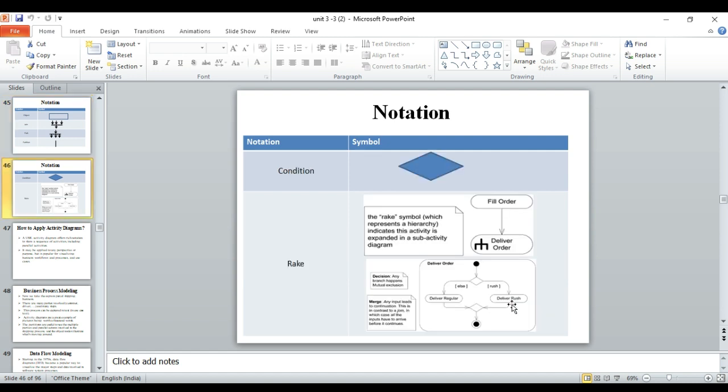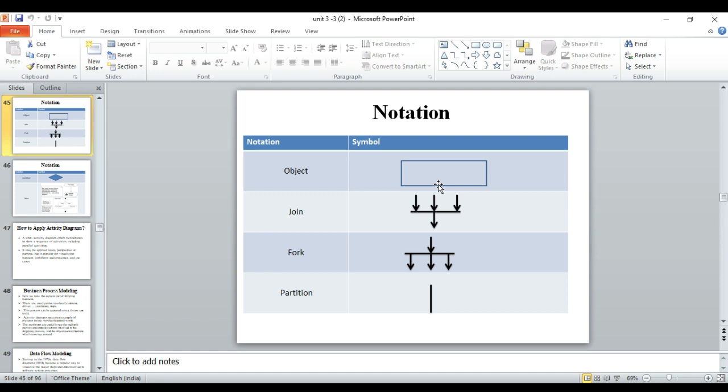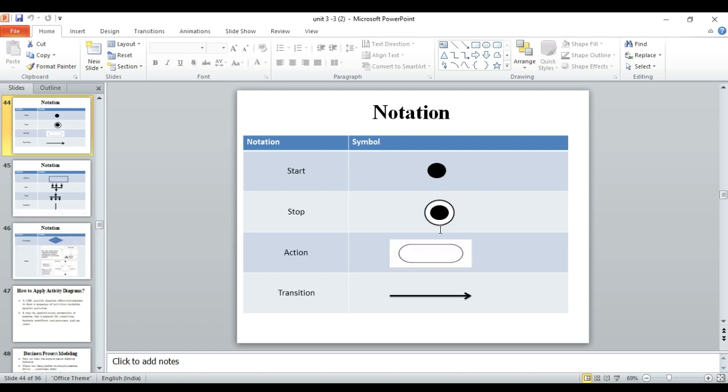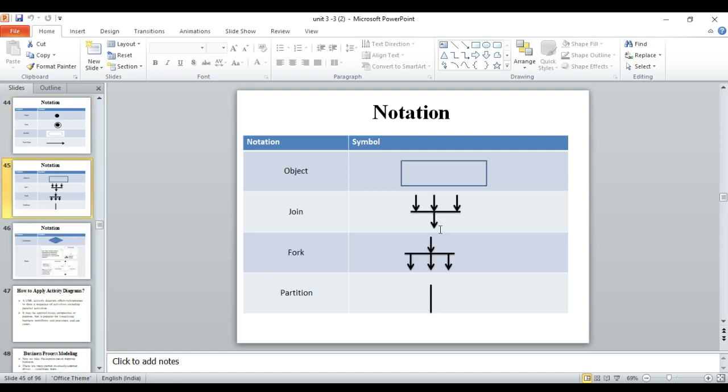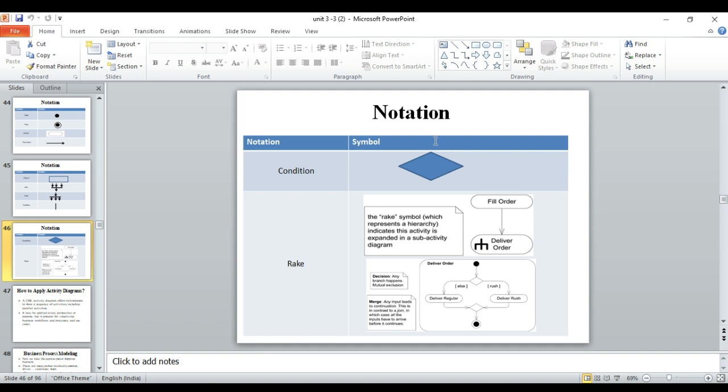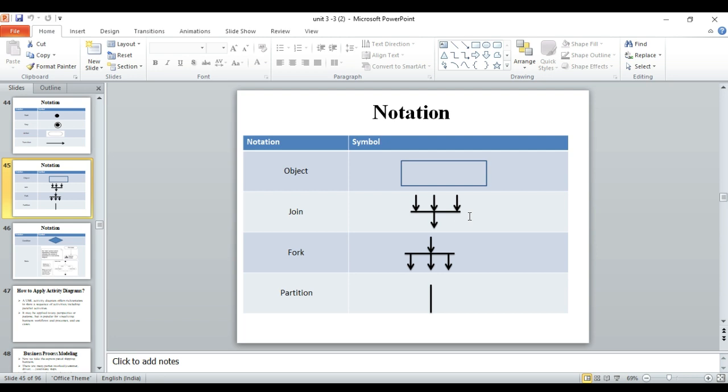And there will be another symbol known as merge. This is a decision and merge. So there is a difference between the condition. The decision contains only one incoming transition and multiple outgoing transitions. Like the fork also contains one incoming and multiple outgoing transitions. So the difference is